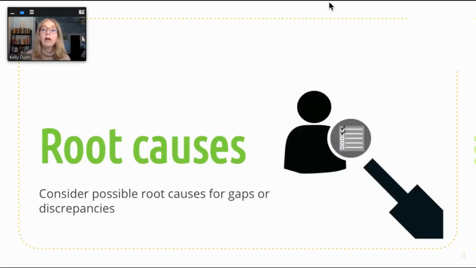Supplemental data helps you dig a little deeper and consider possible root causes for any gaps or discrepancies in student achievement, attendance, or discipline. For instance, you'd want to find out more about a certain class or grade level that has a high number of absences and why it's happening. Perhaps results from a needs assessment survey you used showed that students were reporting more incidents of bullying, or higher levels of stress, or not feeling safe at school, which could all be contributing to the issues with attendance.